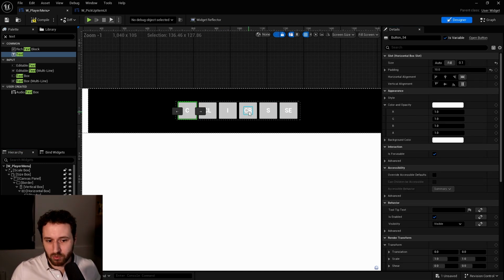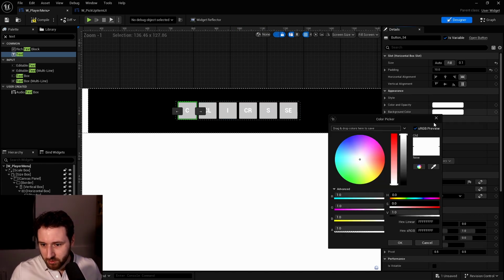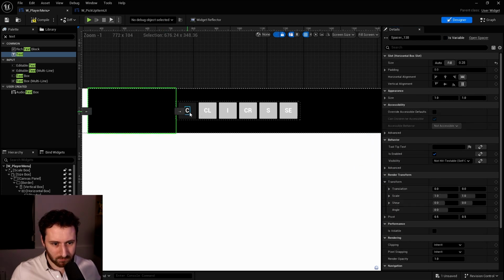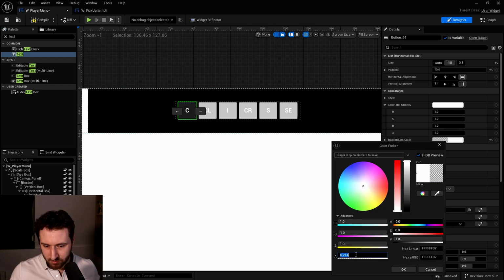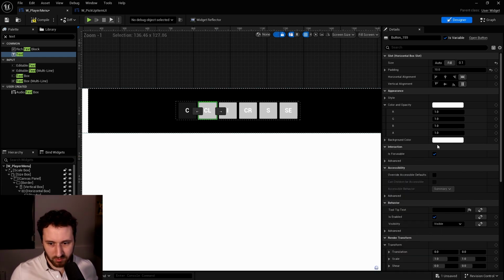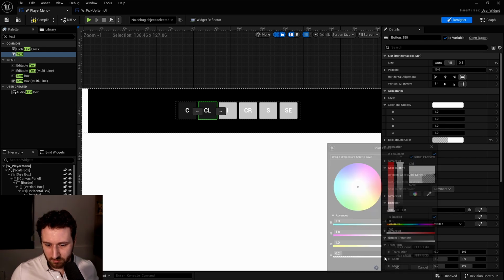Then you will have to do the UI as you want. So you can add your little image and stuff like that. Into the background color, I'm gonna make this almost transparent. This, that's pretty good. How much did I put? Go with .2. I'm gonna copy this and put .2 to every one of them.